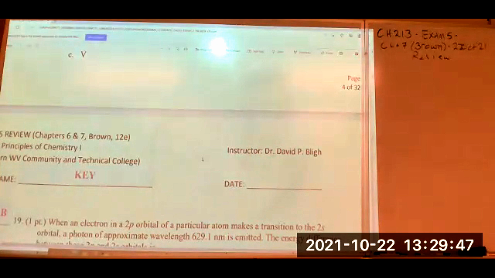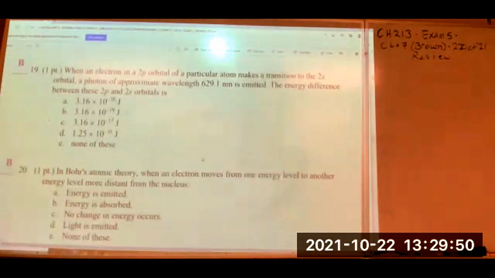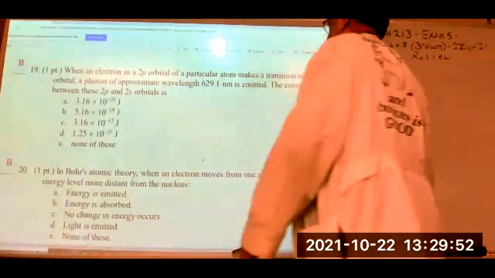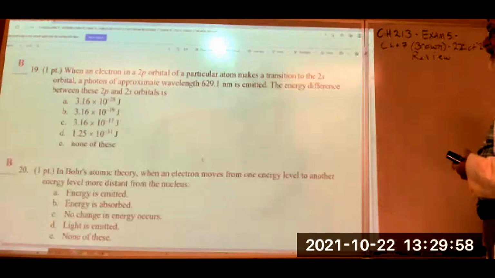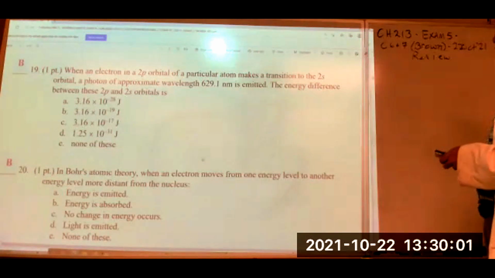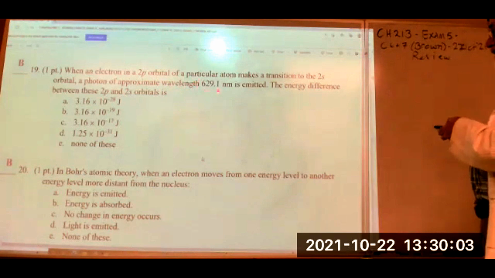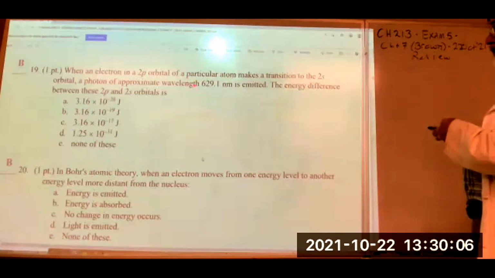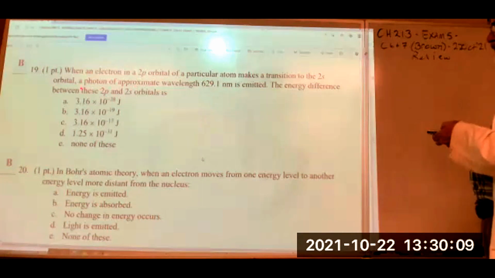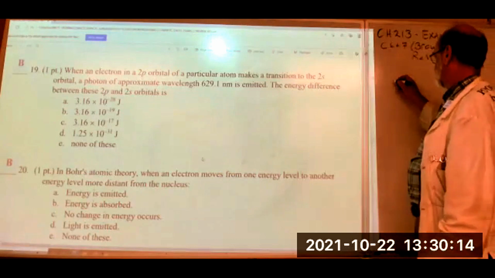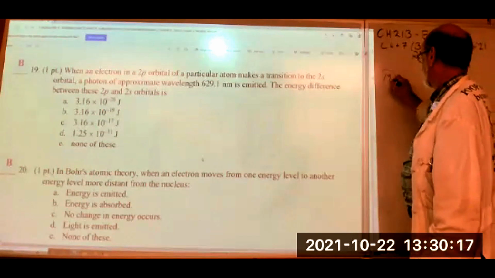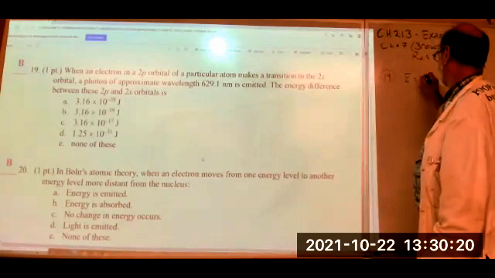Let's see. 19. Let me scroll down. Okay. When an electron in a 2p orbital of a particular atom makes a transition to the 2s orbital, a photon with this wavelength is emitted. So it just tells you what it is. The energy difference between these two is what? That's simply this one,